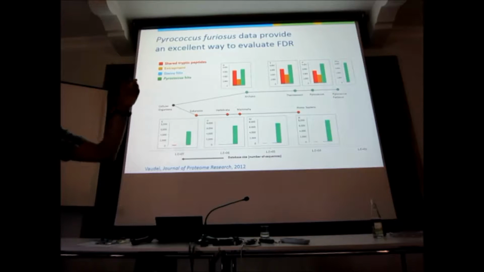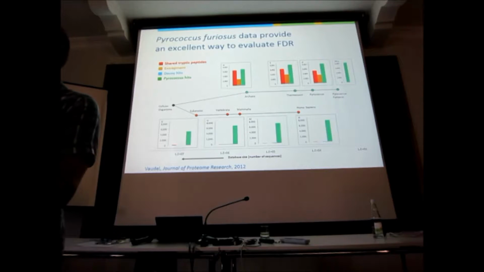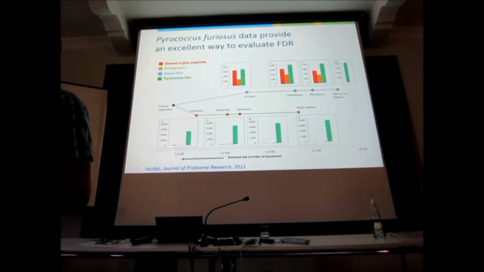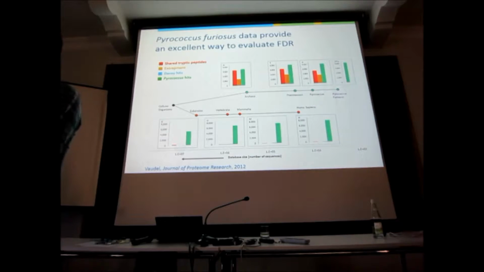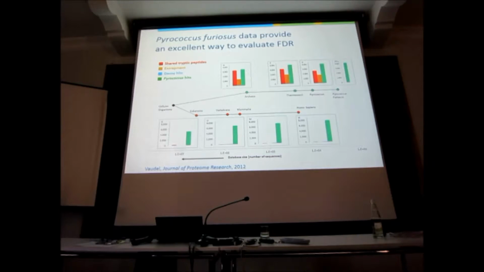If I now use Pirococcus in parallel, since I am sure that my FDR is 10%, I should not get more than 10 Pirococcus hits. Because if I get 50 Pirococcus hits, which are all wrong, I know they're all wrong, they're just a different type of decoy, now I suddenly have 50% FDR and my original estimate is wrong. Yeah? So I use Pirococcus to validate. That's the secondary decoy search.